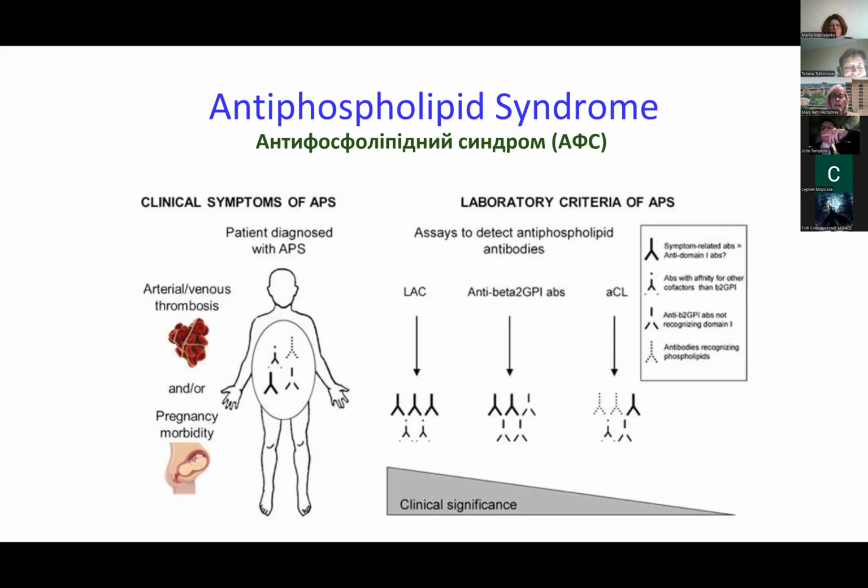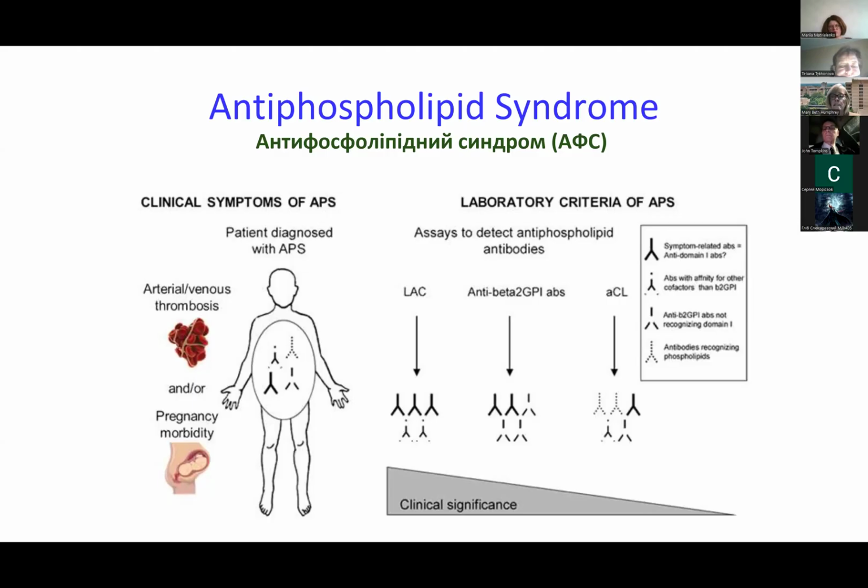And then for female patients with antiphospholipid syndrome, they may have significant pregnancy complications and fetal demise. The laboratory criteria for antiphospholipid syndrome is that you have to have one or more of these